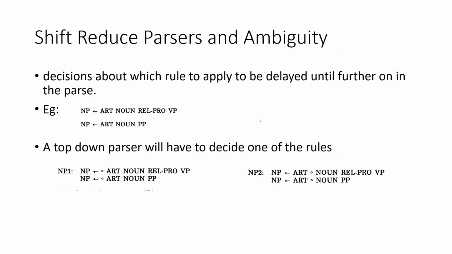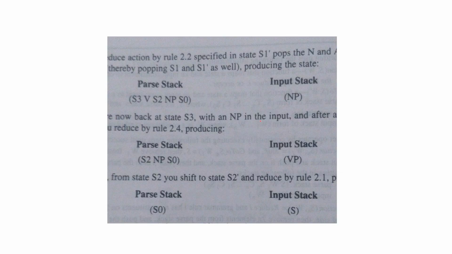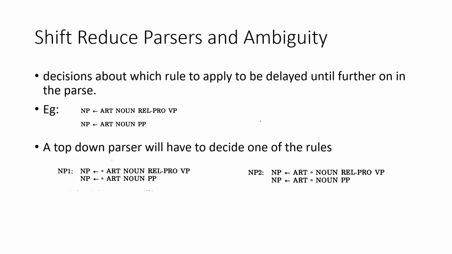So we have seen how a shift reduce parser uses the parsing table in order to parse a particular input. Now, shift reduce parsers actually are better than top-down parsers in that they can handle some level of ambiguity. Say for example, if you consider two productions like this, and we are parsing our input, and we come across these two inputs.